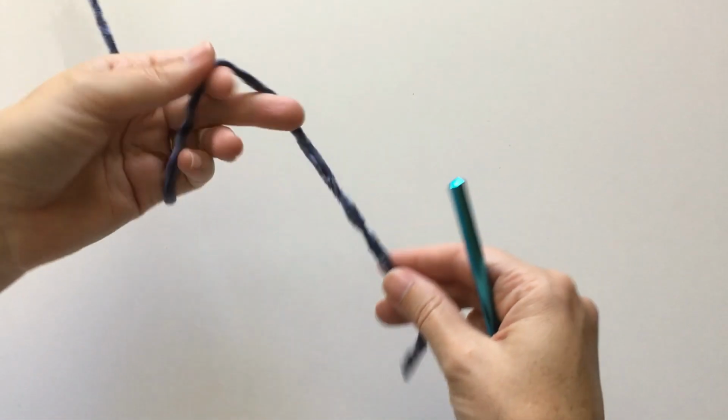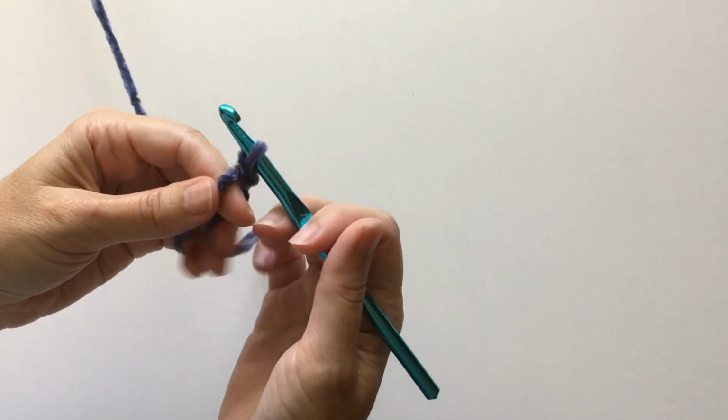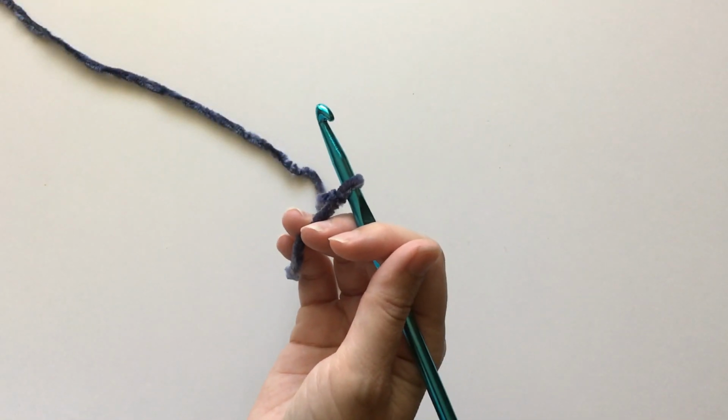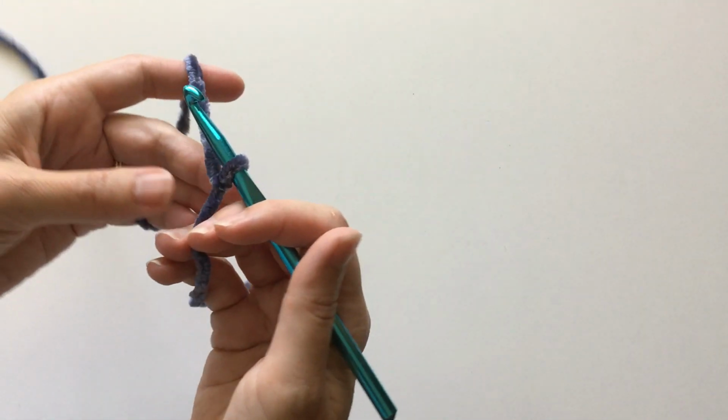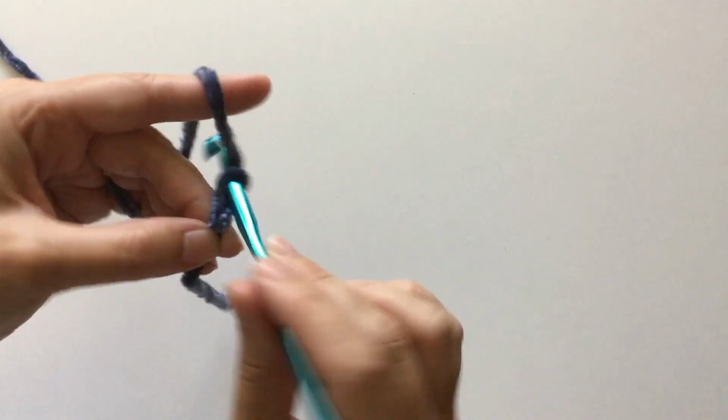So here we go. This is the size 3 months. I'll have all the way up to a size 10 on my blog for free. So check the description for the link to the free pattern. So I have a slip knot on the hook. I'm going to chain 7,